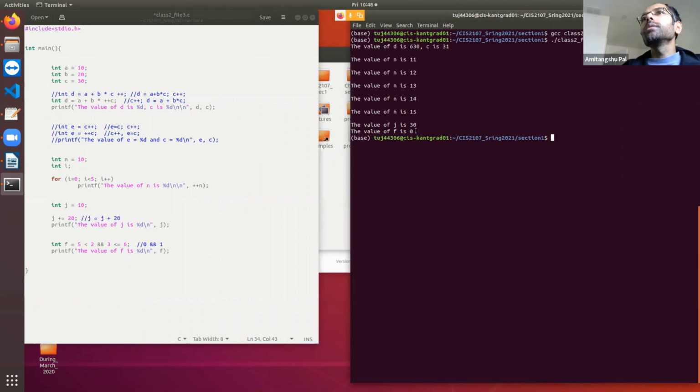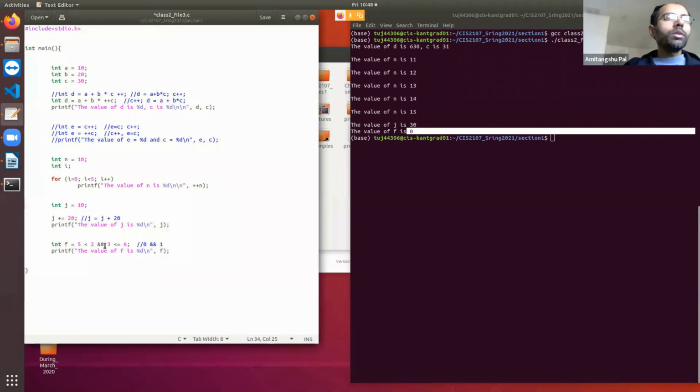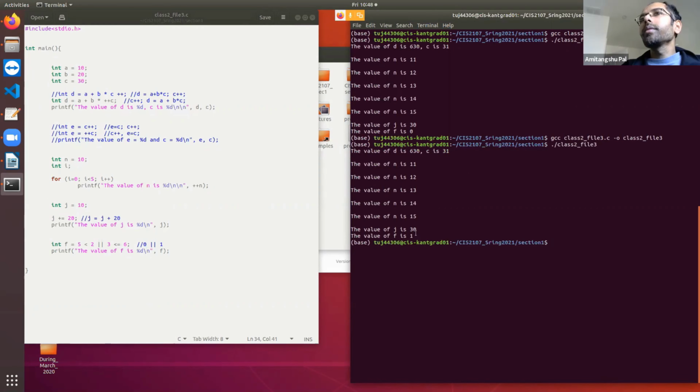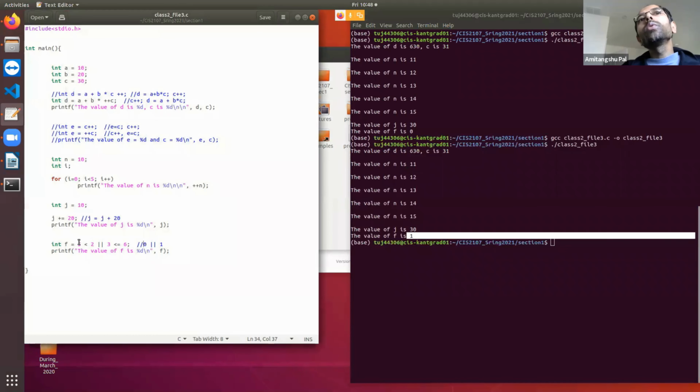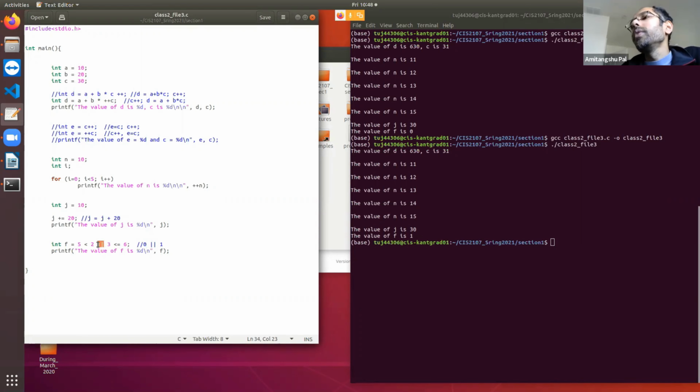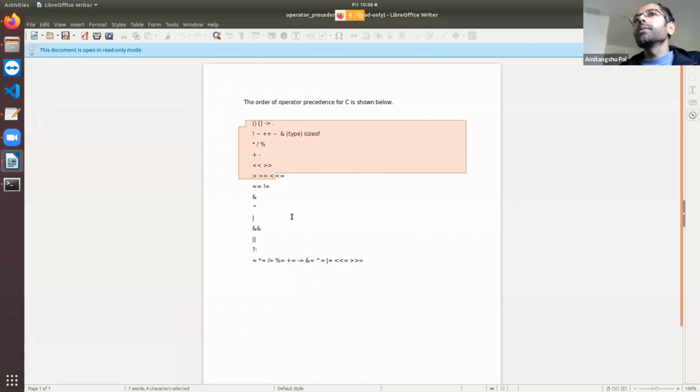If I replace this by or, what is going to be the output? 0 or 1 is going to be 1. So in this way you can work on different types of operators, including arithmetic operators and logical operators. And whenever it comes to various types of operators, you need to remember the precedence.